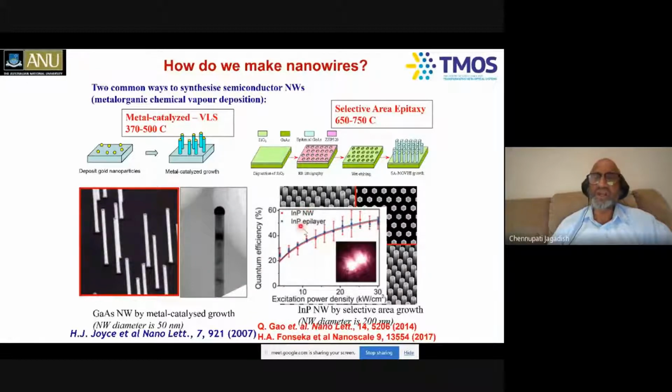Also, we compared these nanowires with the epitaxial layers, or the 2-dimensional layers, which we grow normally. The blue curve here shows they are very much comparable, stating that despite the large surface area of indium phosphide nanowires, surfaces do not act like non-radiative recombination centers, and you can get excellent performance from these indium phosphide nanowires, which are very good for making lasers, LEDs, and also solar cells, which I will come back to. But that is not the case with all semiconductors. For example, in the gallium arsenide case, you end up having a huge amount of non-radiative recombination, and then we always have to passivate the surface by coating with aluminum gallium arsenide. Again, I'll come back and share that with you.